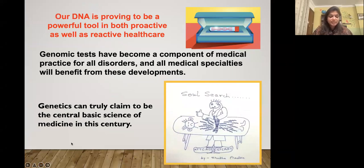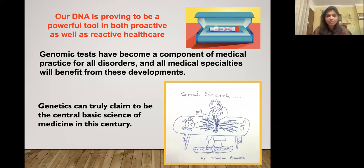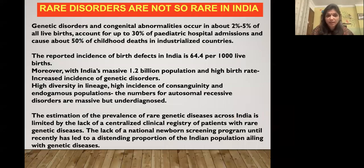More and more diseases are now found to have a genetic component. Our DNA is proving to be a powerful tool. Genomic tests have become an important component of medical practice. And genetics can truly claim to be the central basic science of medicine in this century. Now in India, with the high incidence of